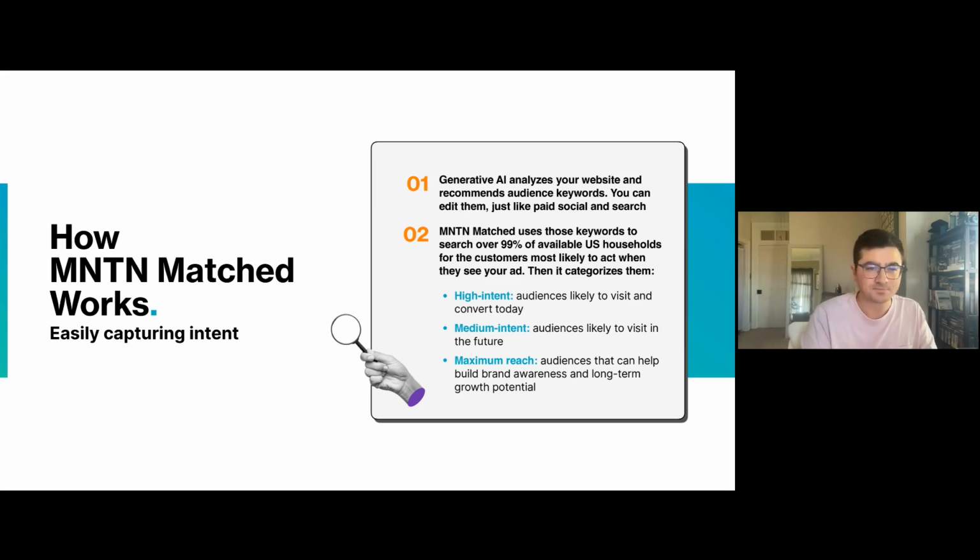You don't have to run it. And at the same time, if you feel the system has missed out on some terms that you would like to include, you can include those as well. So it simplifies things, but still gives you the customization that you want to have when you're running a campaign. And once you've okayed the keywords, Mountain Match is going to get to work on finding relevant consumers